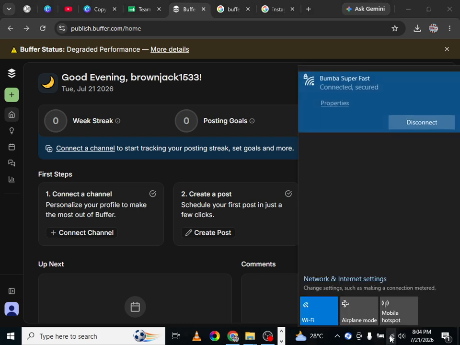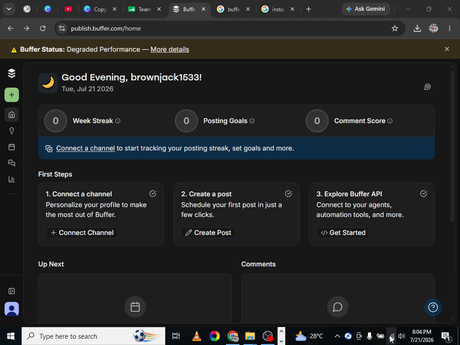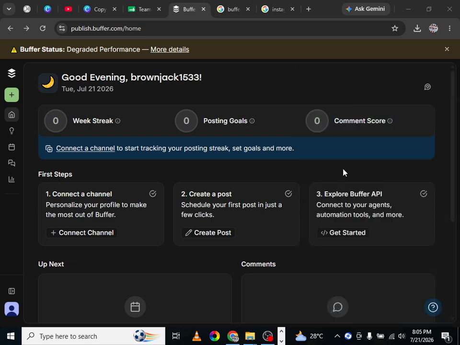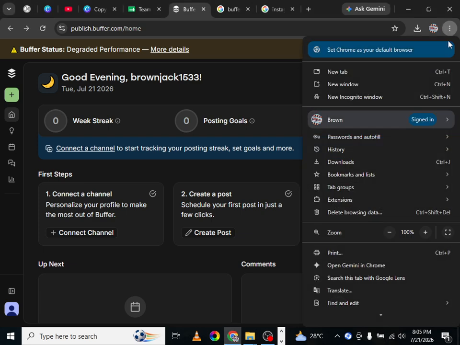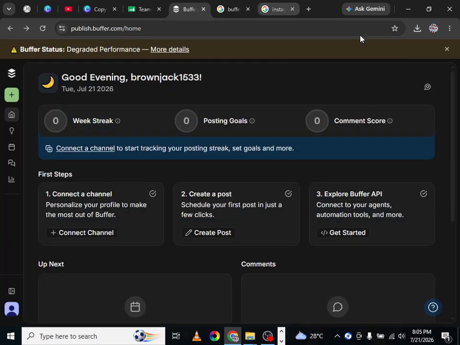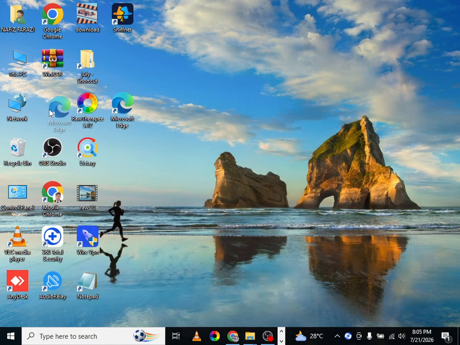A stable connection is required for syncing your Instagram account and publishing content. If the issue continues, clear your browser's cache and cookies, restart the browser, and sign back into Buffer. You should also try using another browser such as Google Chrome, Microsoft Edge, or Mozilla Firefox. Sometimes browser-related issues can prevent Buffer from communicating properly with Instagram. Make sure your